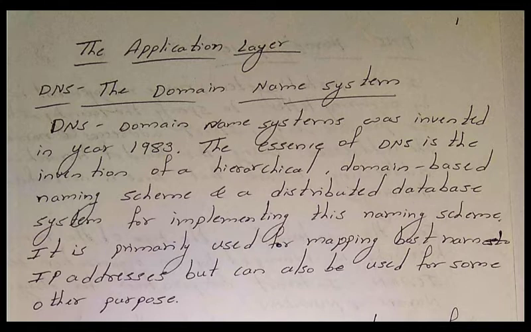Before going to the DNS, I first wanted to discuss what happens whenever you connect to the internet and access web pages. The first thing is that in your browser, you type the URL. For example, you type www dot something, the name of the domain, and dot either .com or .org. Is it clear? It may be a commercial website, an organizational one, or any institute. So you specify the domain name there, and then you click the enter button.